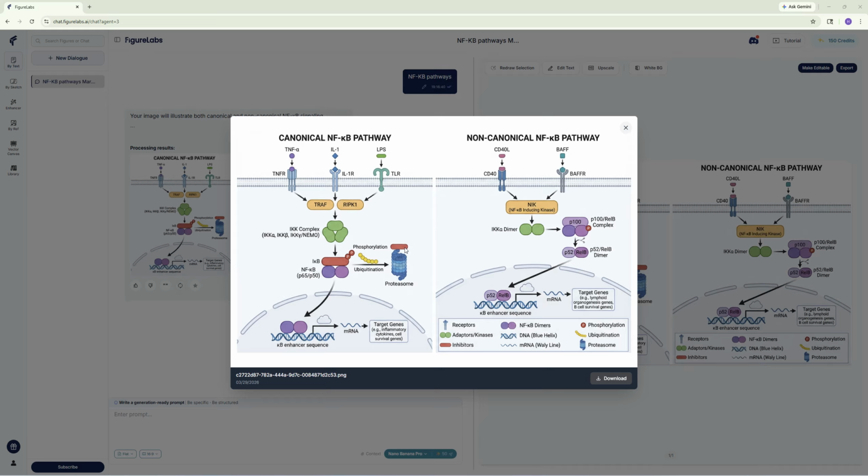But here you only need to type some text, or describe a pathway, some protein or molecule you identified in your wet lab, and then you want to make the signaling pathway like that. Here, I just tried the NF-κB pathway, and they gave me the canonical NF-κB pathway and the non-canonical NF-κB pathway,